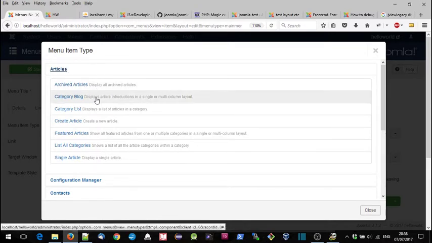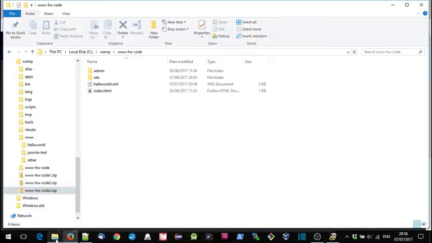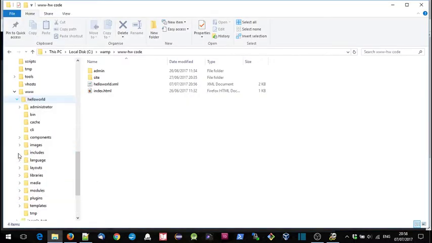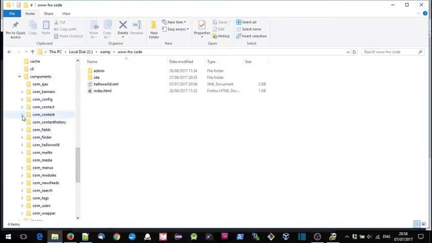We've got 7 in this list here, and if we compare that with, we go to our Hello World Joomla instance components. Now content is the Joomla component which looks after articles, and we go to views, we find that there are 6